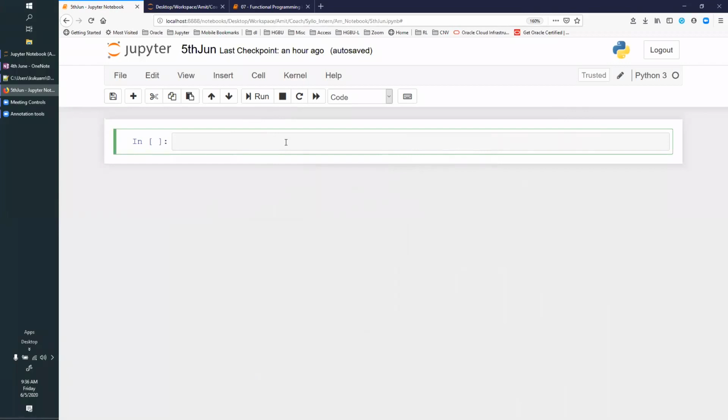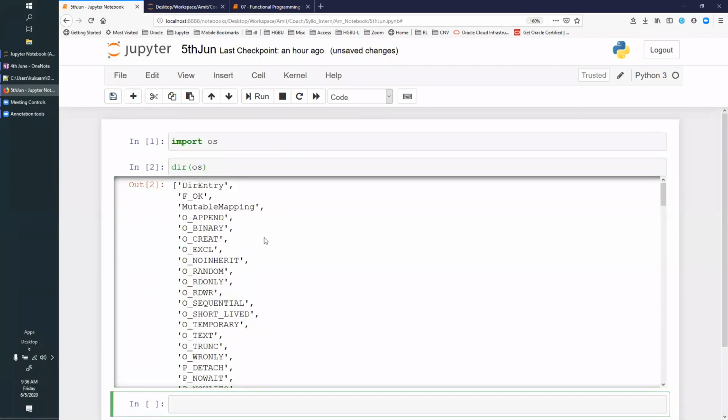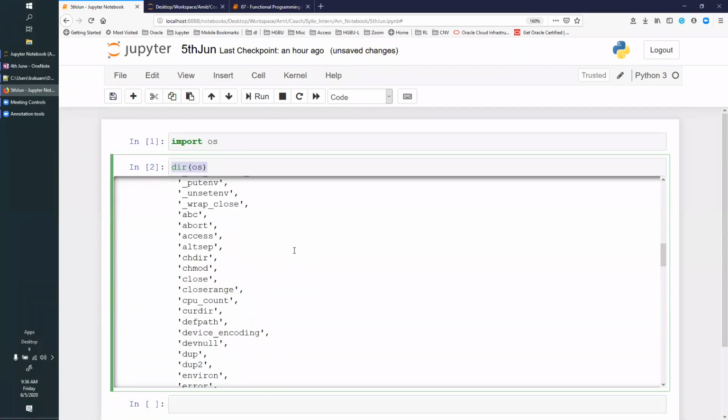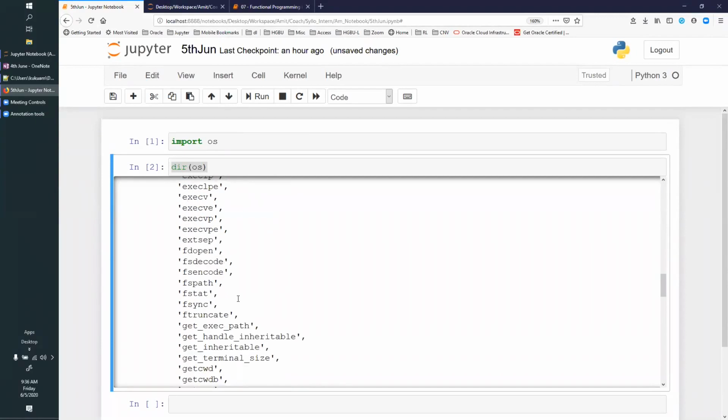So all this while you have used the random library. Use all the functions possible or libraries that we have discussed so far. So import os. This is my library. You import it and then do dir of os. It will give you a list of all the functionality available in this library. Now go through it one by one. Some of them, like chmod, if you remember from your Linux and Unix scripting classes, chmod is to change the file permission. Then change directory, and there are a lot of things.